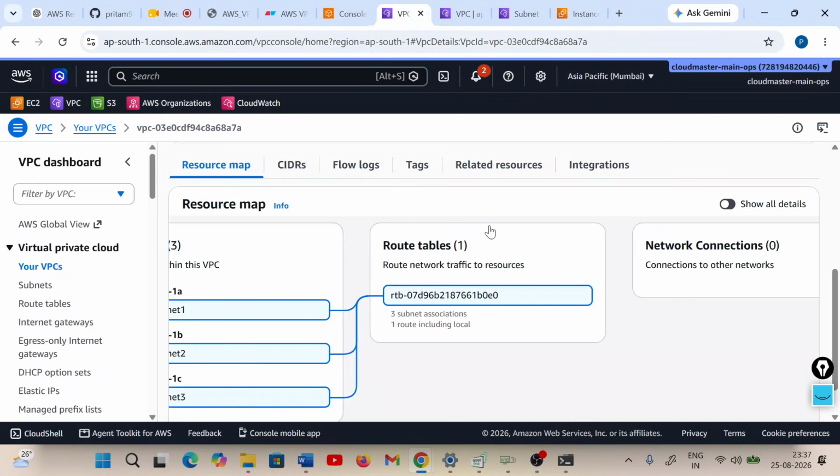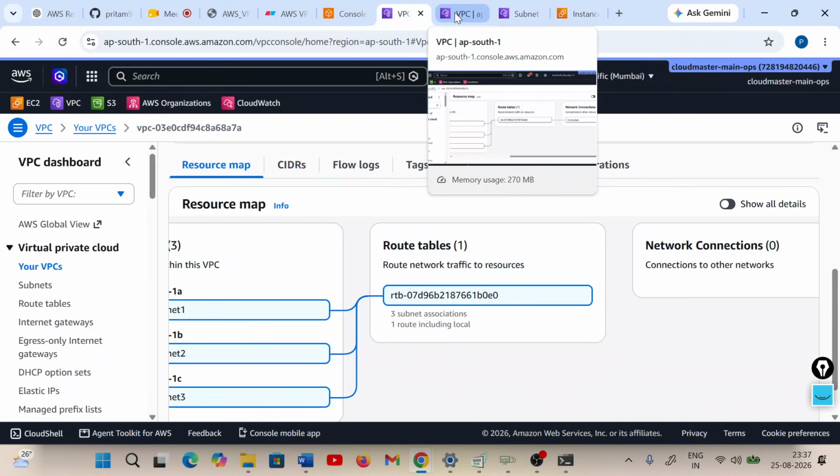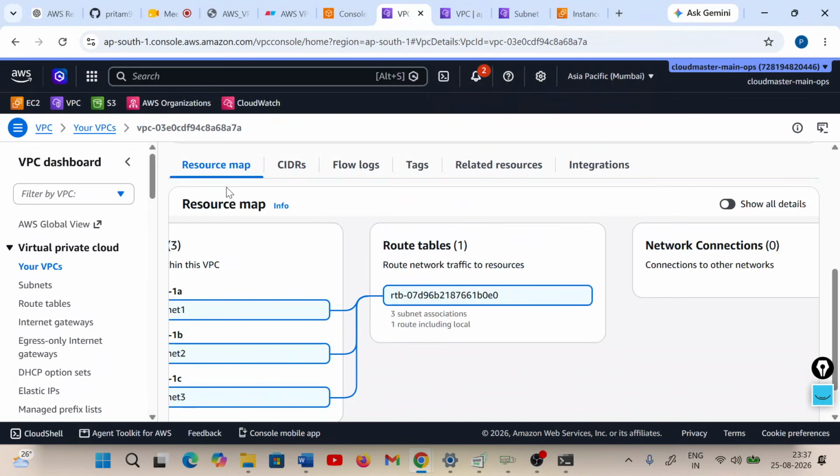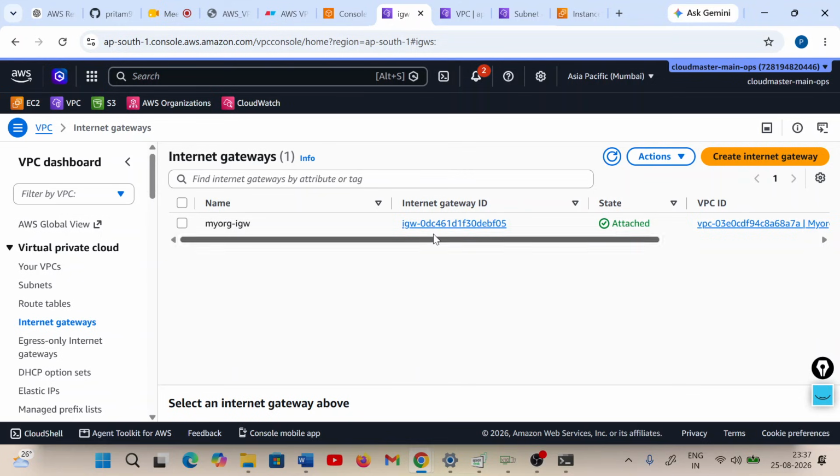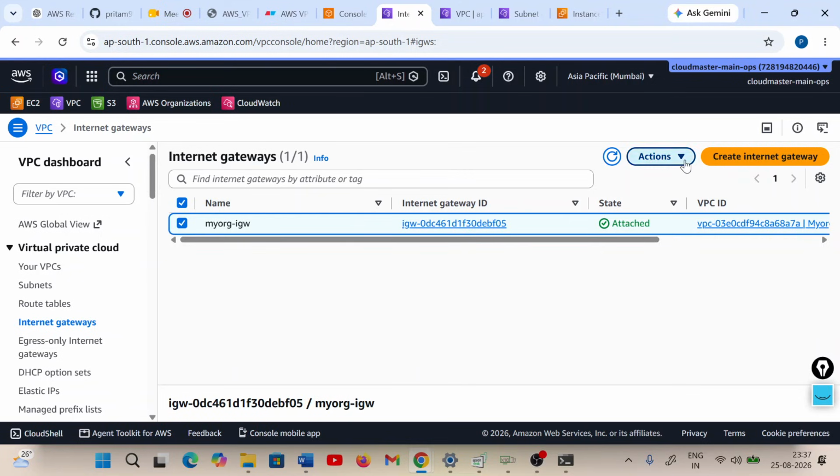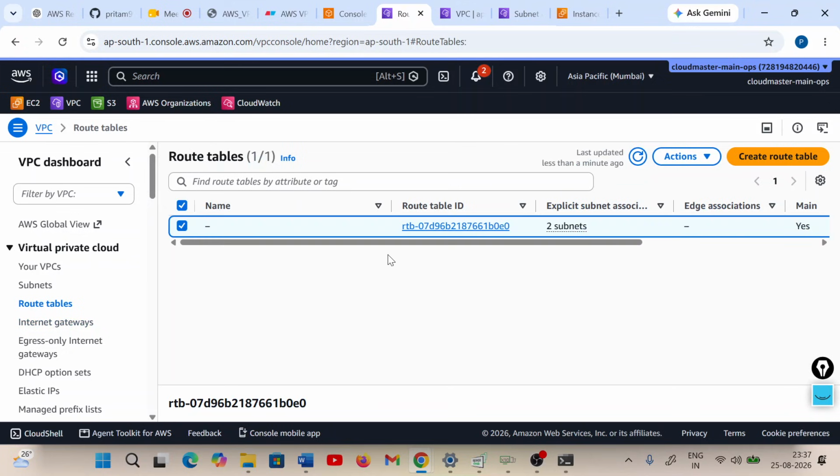So what I have to do, I'll be moving to, one second, the internet gateway. Okay, nothing to do in the internet gateway. Just verify. Okay, we updated subnets in the route table, right? So get into the route table,